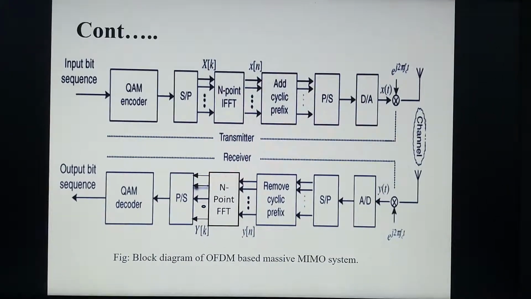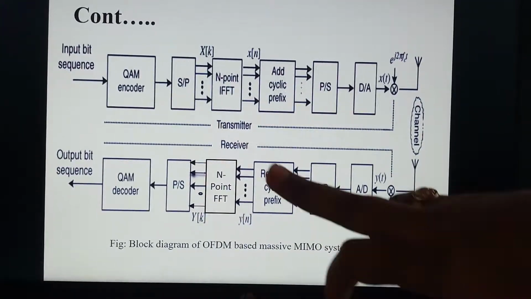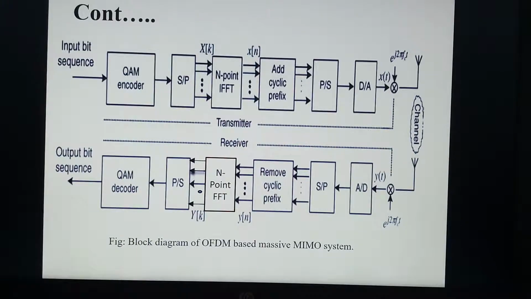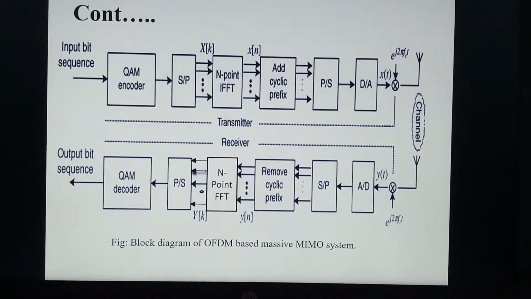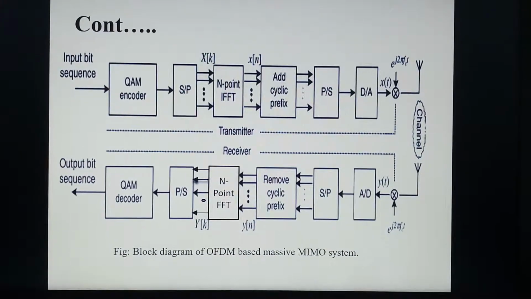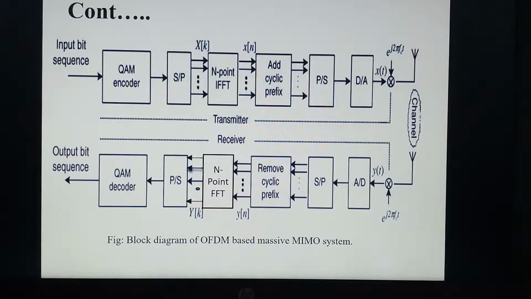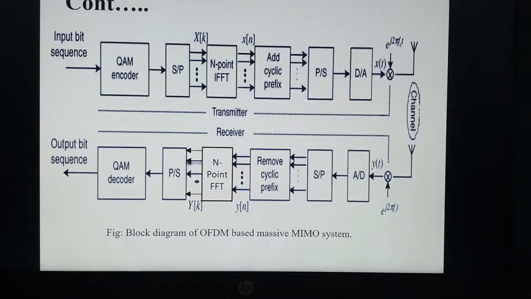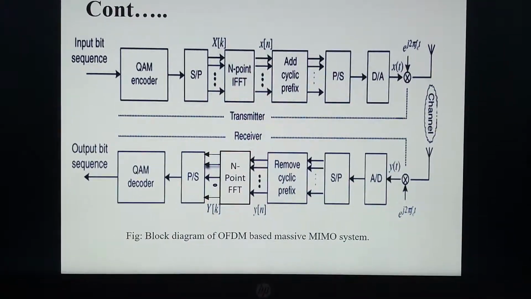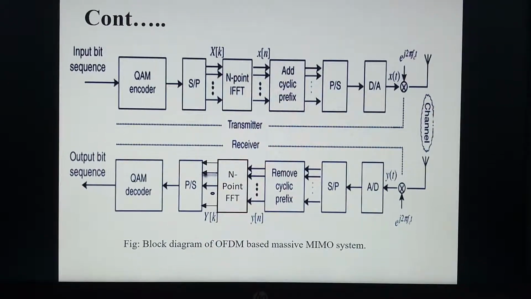This is the block diagram of OFDM. First of all, we are encoding the signals. Here we are using the modulation technique QAM. For transmitting any information, we have to use modulation, which means we add subcarriers to the message signals for the transmission of data. We use QAM and convert this data from serial to parallel.